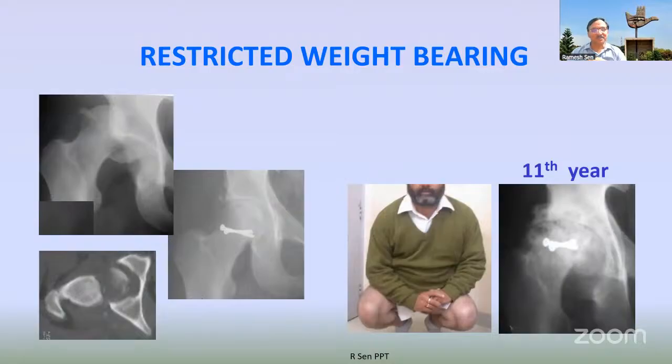I did a dislocation reduction, and then he had AVN. I told him that probably, but he says, no, I'll just restrict weight bearing, because at that time he says, I can avoid weight bearing, I'll not allow it to collapse. It collapsed. In spite of a bad hip, he is still able to sit and squat, and he doesn't want any surgery. But it does not mean that he has been cured. It is basically that he has been asymptomatic with the degenerative hip. Someday he will become symptomatic.